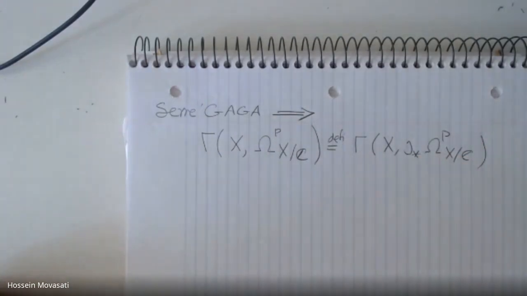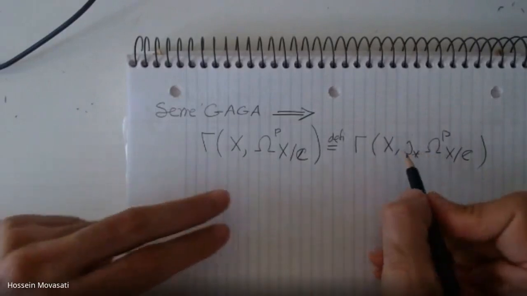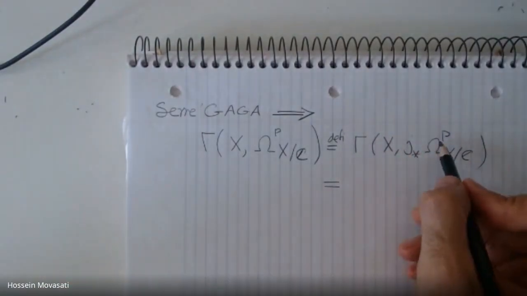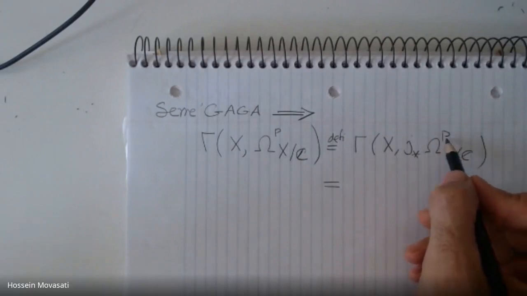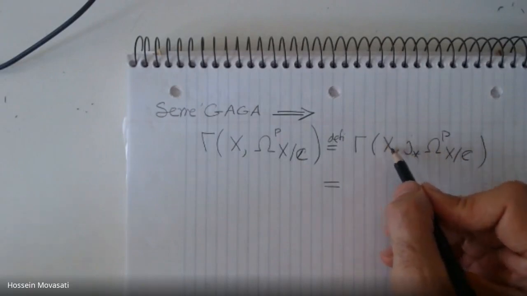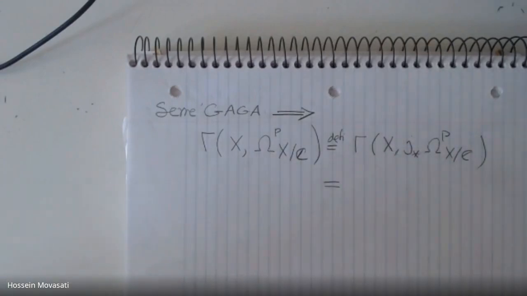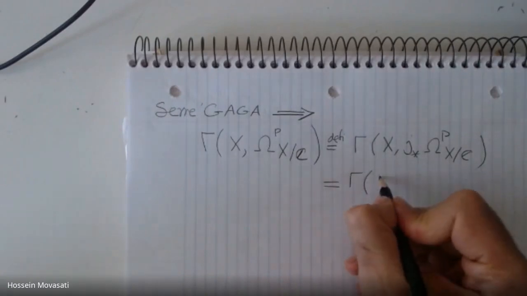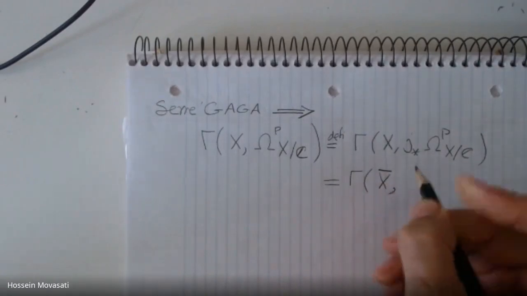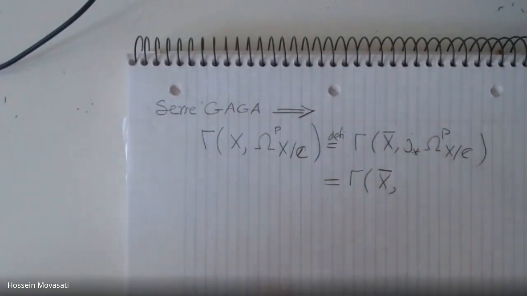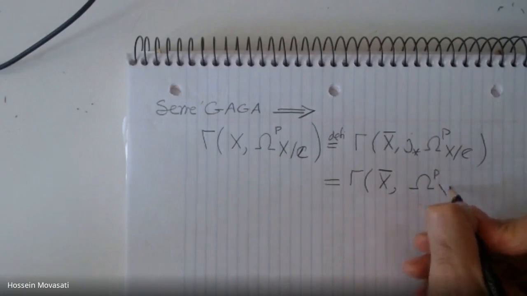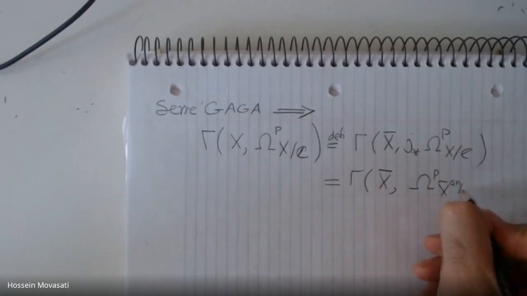But what is the GAGA principle? Global algebraic differential forms over X are the same as, maybe here I have to put X bar, the same as the holomorphic